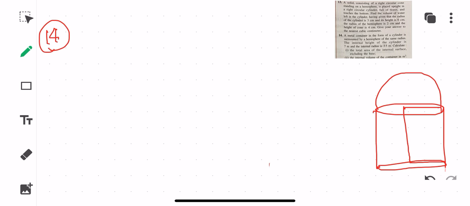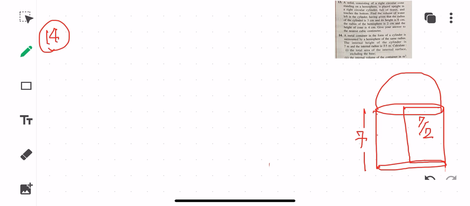Okay, so the metal container is in this form, and then what are the dimensions that have been given? The internal height is given as 7 meters, so this is equal to 7. And what about the radius, children? Radius has been given as 3.5, which is further equal to 7 upon 2. Now you have to calculate the total surface area of the internal surface. Okay, so you have to calculate the internal surface area. So it is understood, children, that what will be internal surface area equal to? The internal surface area will be equal to, you will be looking into this particular